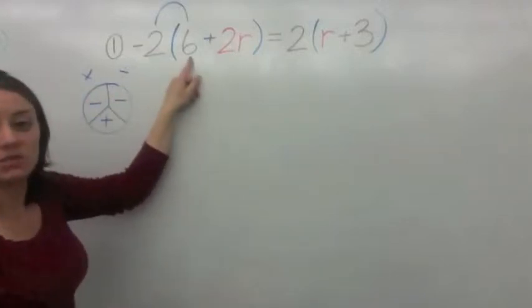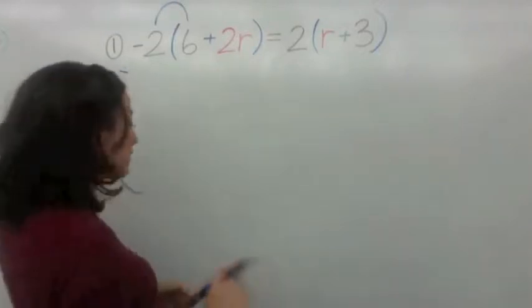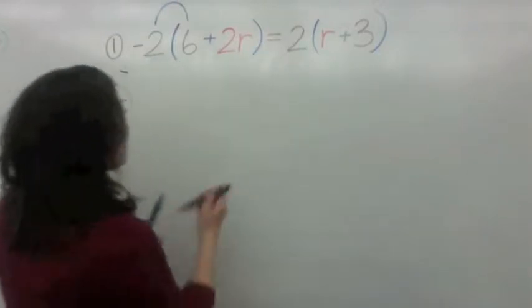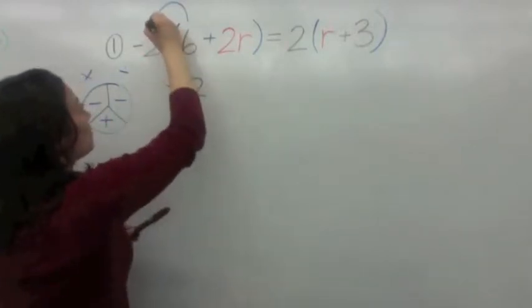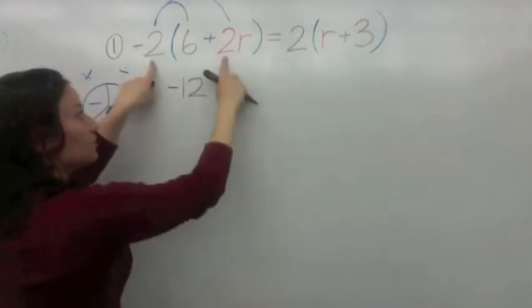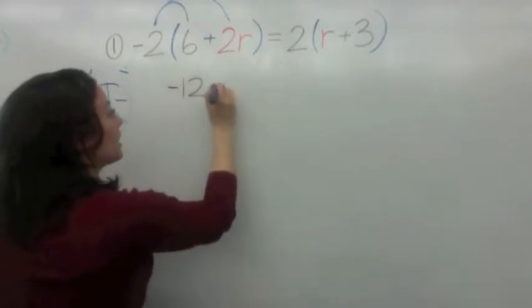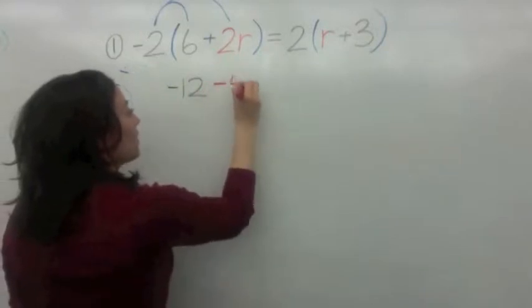Here the coefficient is first, not the term. Sometimes they're switched, but it doesn't matter. So this is going to be -12. And then what is -2 times 2r? -2 times 2 is -4. So you're going to say -4r, because they're married,